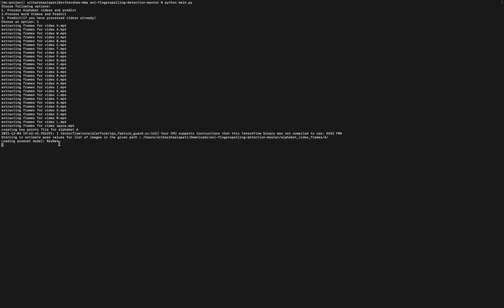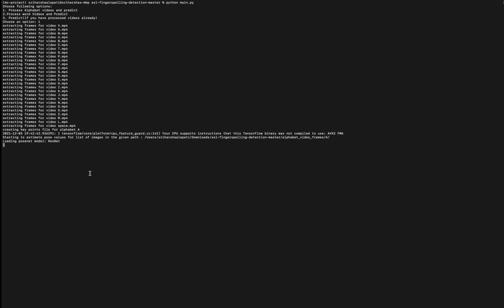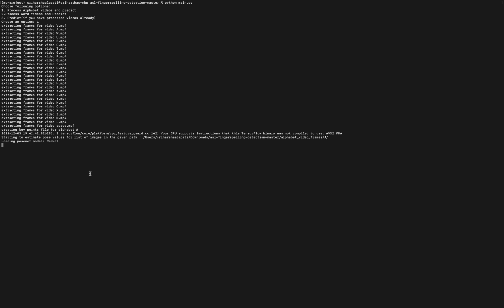Here first we are sending each frame into the PoseNet file, which will draw a box around the wrist. To detect the hand shape feature, it will draw a box around the wrist, and it will give us the x and y coordinates of the left wrist, because everyone has done it using our left wrist.